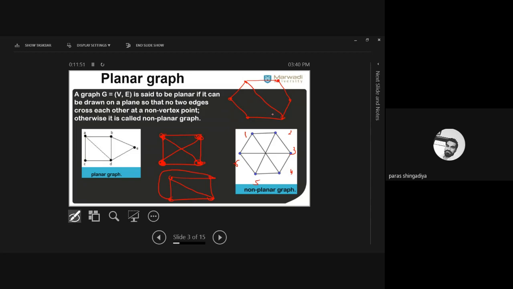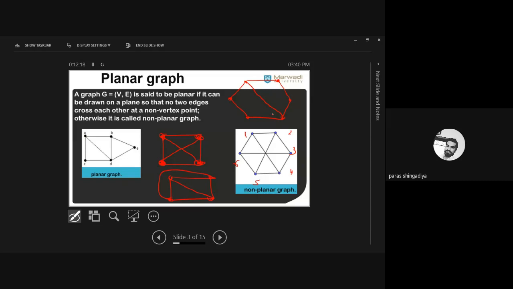ठीक है? Now still 2 edges remaining. Which 2 edge? 2, 5. Okay? 2, 5 and 3, 6. So now we cannot connect to the inside. We cannot connect 3, 6 to the inside. If you connect to the inside, it will be crossed with this edge. यहाँ पे cross हो जाएगी, that we already consider it here. And if we connect 2 and 5 to the inside also, it will be crossed with this edge. So we have only one choice for that.